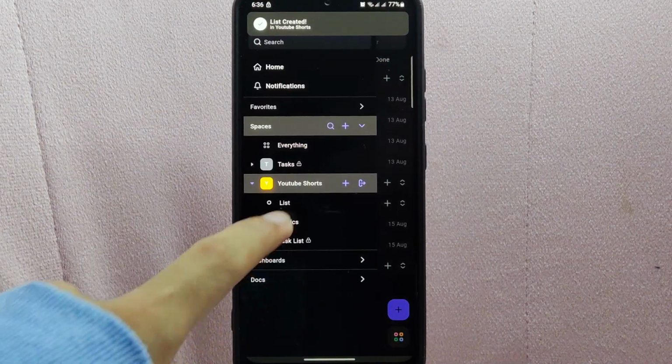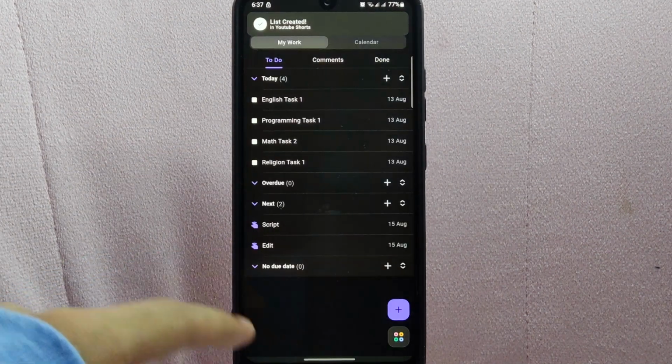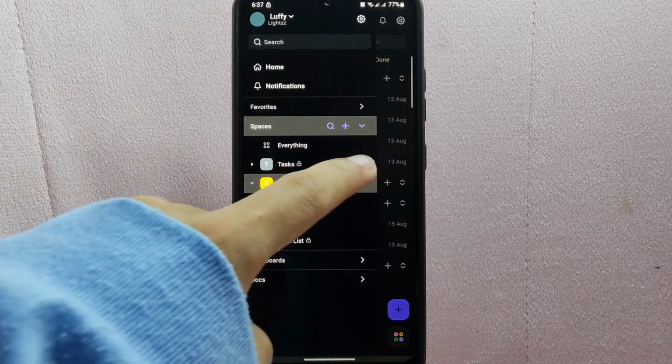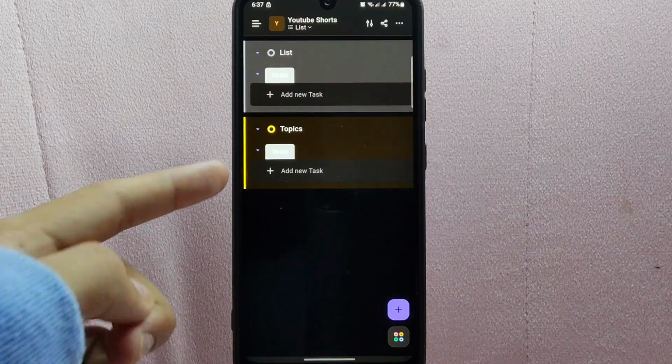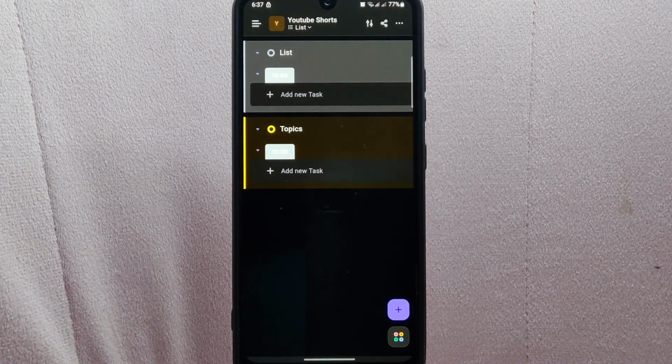After that, you now have successfully created a list on ClickUp Space. You can now start to add tasks and organize your project in this newly created list. There you go. If you wanted to know how to create a list on ClickUp Space, that is the easiest